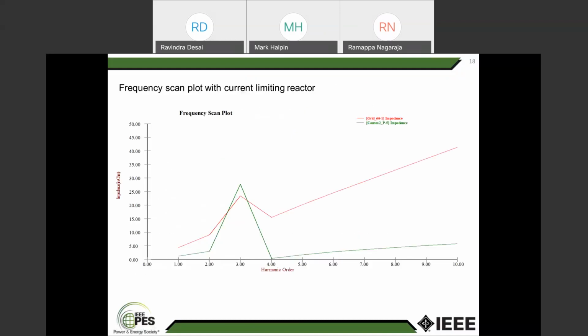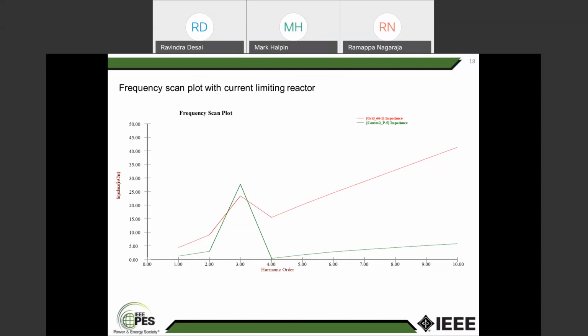Now you see the frequency plot with the current limiting reactor. At the grid, impedance is increasing. At fourth harmonic, it is minimum. But we are not injecting the fourth harmonic current. Yes, it is minimum at the fourth harmonic, but actually we are not injecting the fourth harmonic current. When it comes to the fifth harmonic,